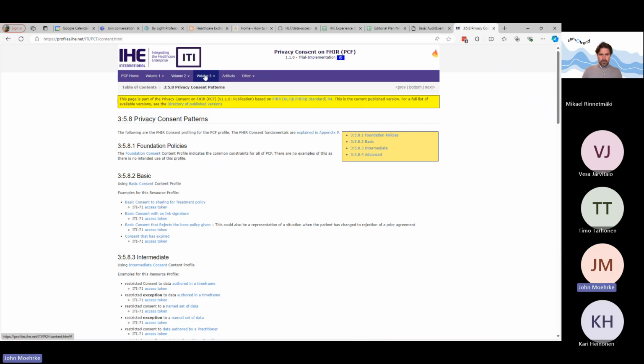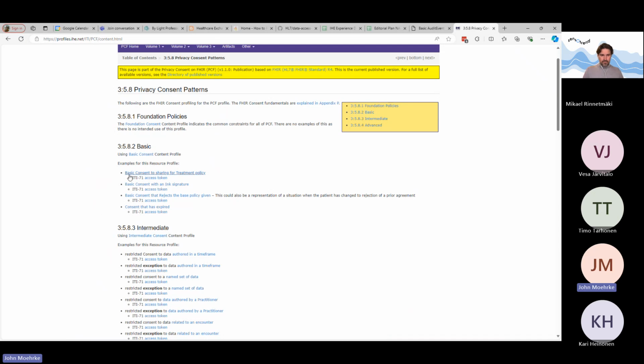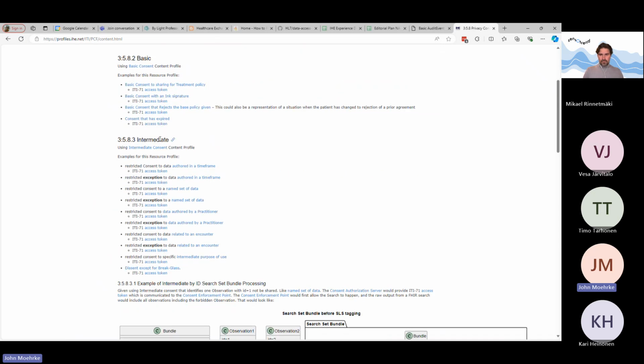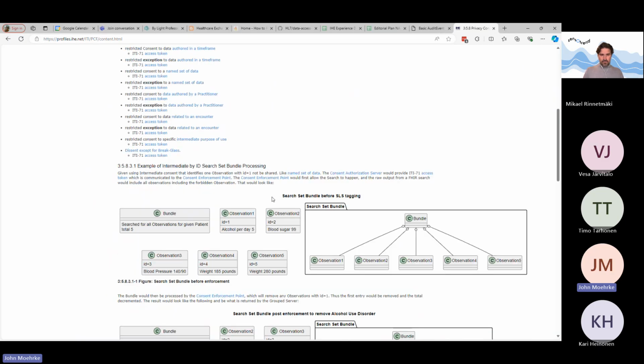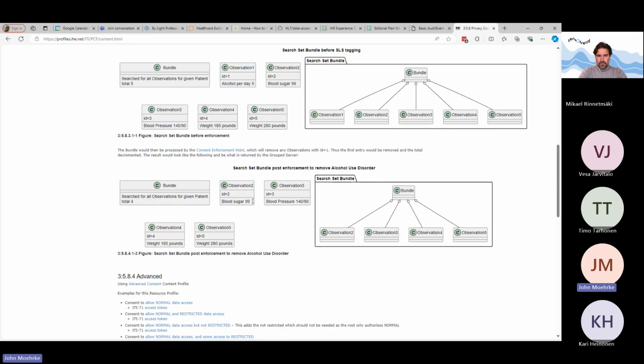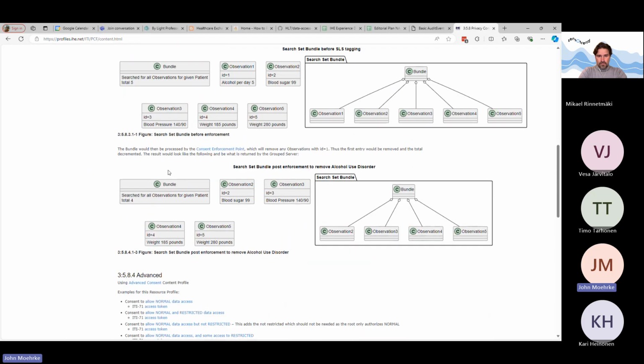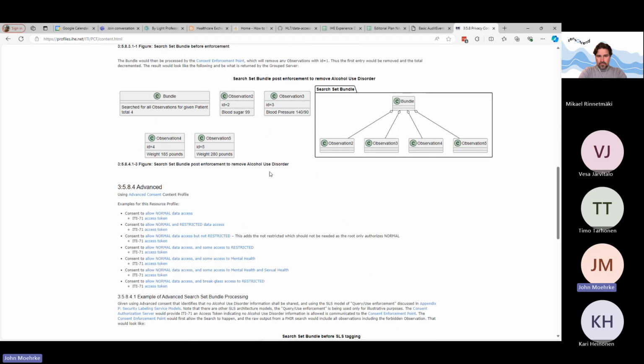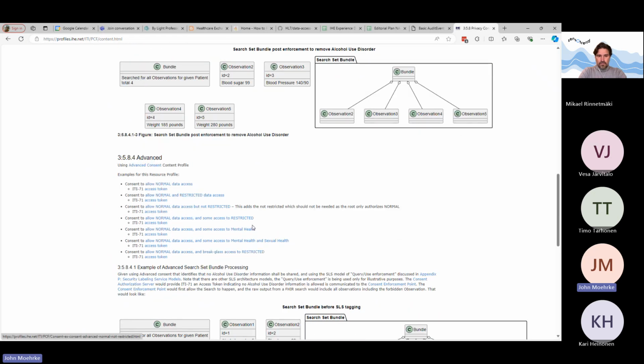So here's that volume 3 where I said the real meat is. And you can see under basic, there are 4 different patterns. Under intermediate, there's all of these kinds of patterns. And then I do go through this idea of where you do a search and then you remove elements. So this is kind of an example of what I was just showing. And then advanced deals with things like restricted data, mental health data, sexual health data.